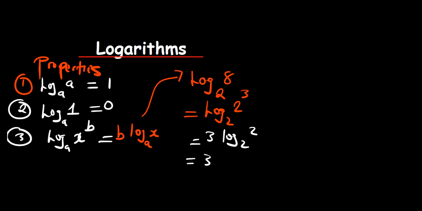Because of that, this expression will just be 1, and 3 multiplied by 1 is just 3. So that's how you're going to solve that one. Another rule that you're supposed to understand here is